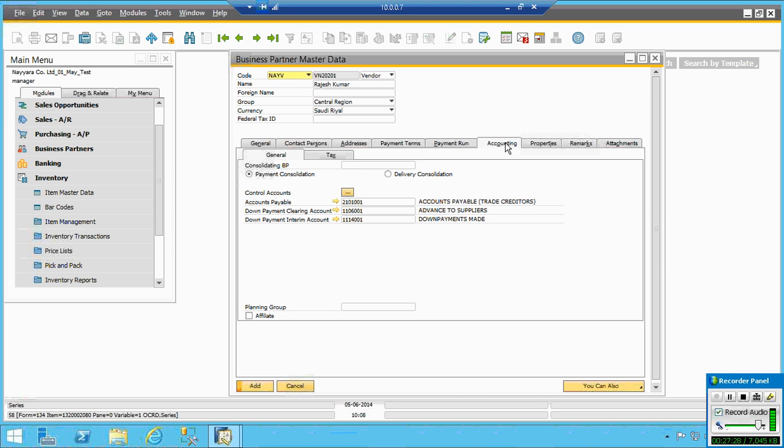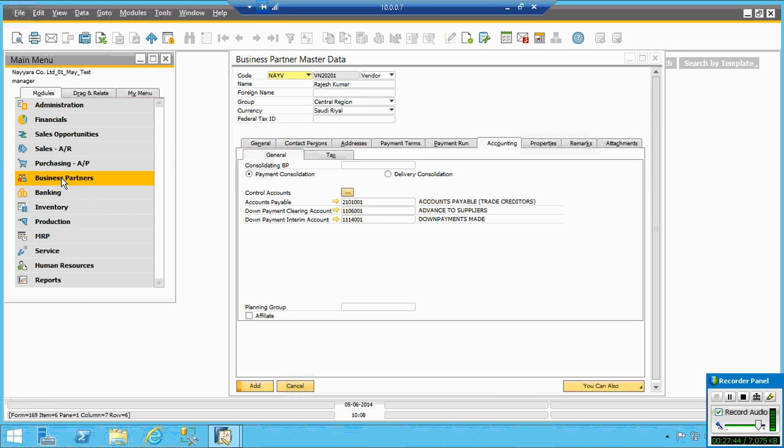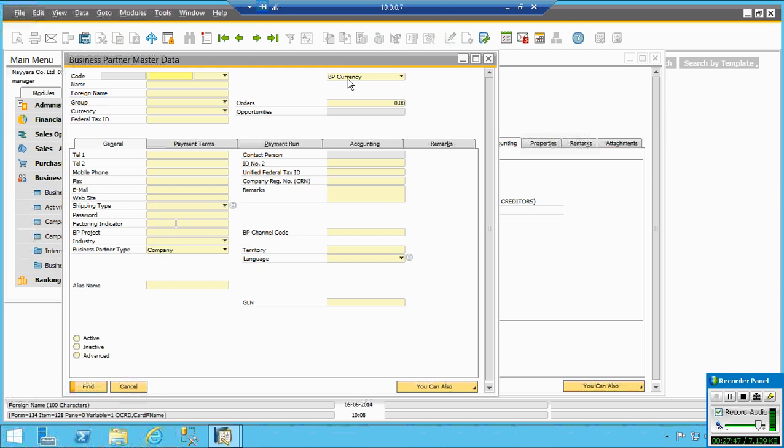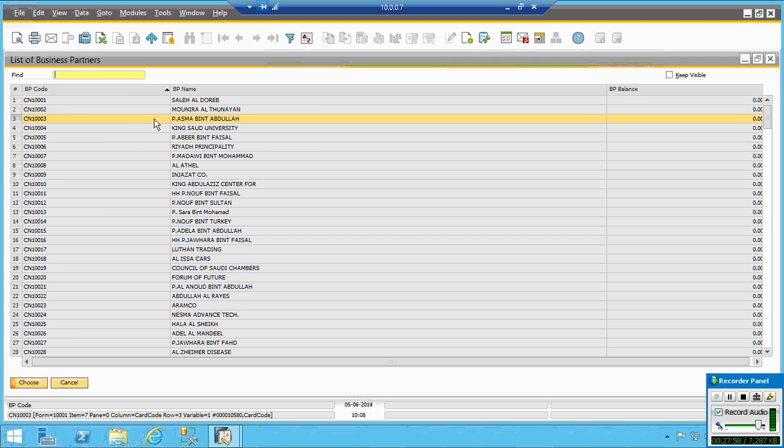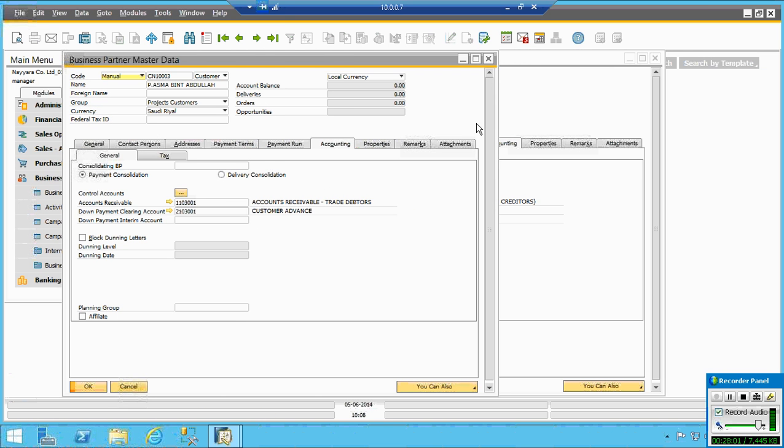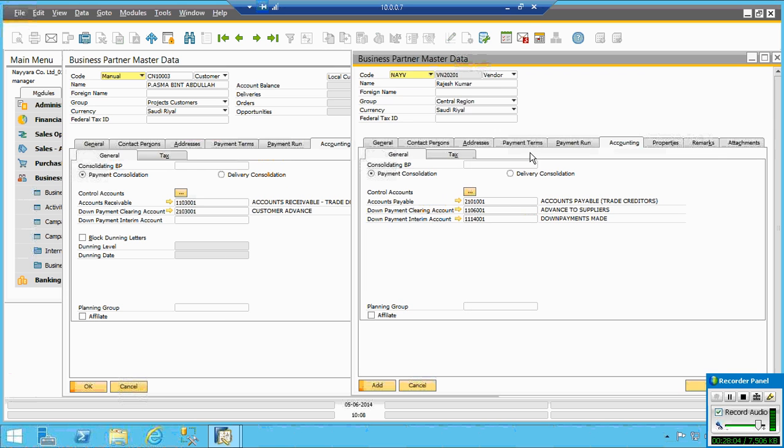From an accounting point of view, whenever you create a vendor or a customer, there is a default account. For a vendor, the value will be posted in the account payable. In case of a customer, it is account receivable.